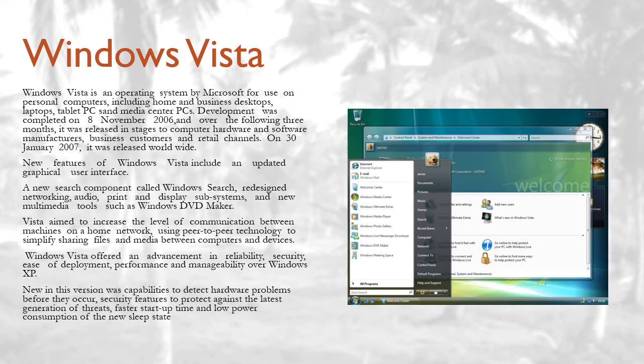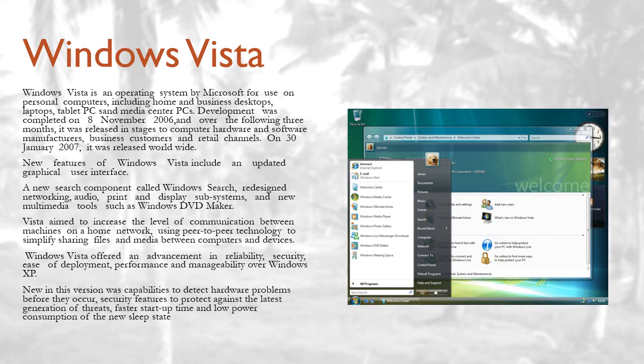So, Windows Vista is an operating system by Microsoft for use on personal computers, including home and business desktops, laptops, tablet PCs, and media center PCs. Development was completed on 8 November 2006, and over the following 3 months, it was released in stages to computer hardware and software manufacturers, business customers, and retail channels on 30 January 2007.